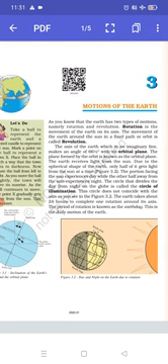In the previous class, we started chapter 3 of geography, motions of the earth, where we talked about rotation, which is the movement of the earth. Both rotation and revolution are movements of the earth. But in rotation, the earth rotates on its own axis, while in revolution, the earth moves around the sun in a fixed path known as an orbit, and that movement is known as revolution. The time for rotation is 24 hours, whereas the time for revolution is 365 1/4 days.